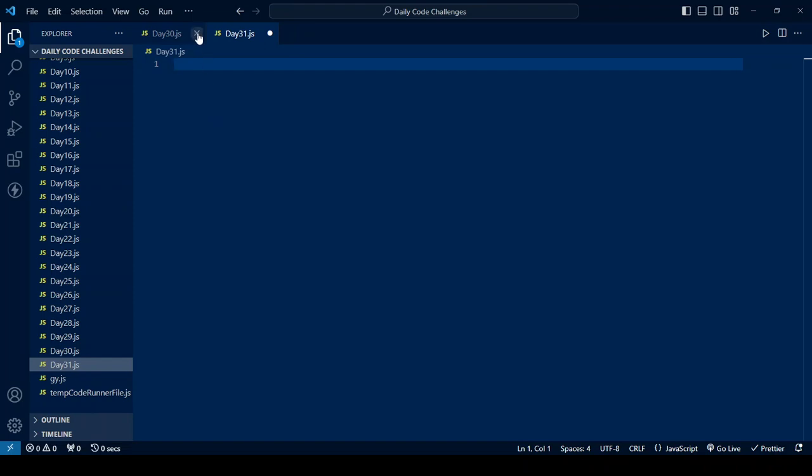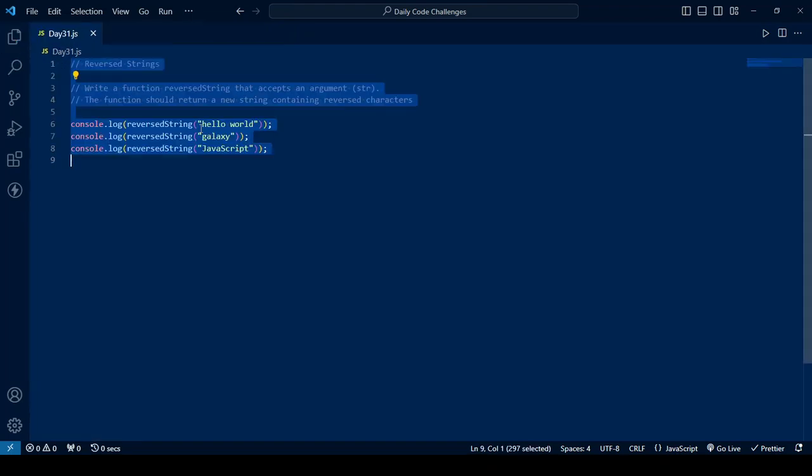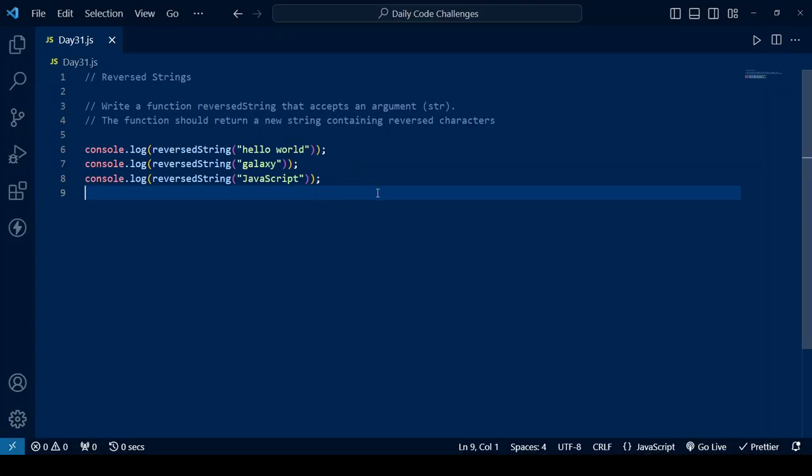So I'll simply close all these parts. So we have reverse string. The challenge says write a function reverseString that accepts an argument string. The function should return a new string containing the reversed characters. All right, let me zoom this in a little bit. Okay, taking line 6